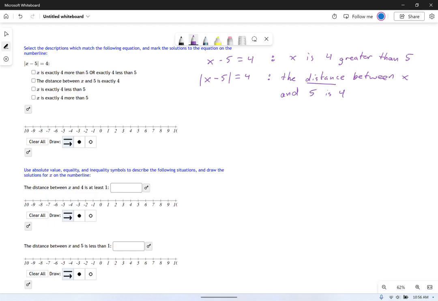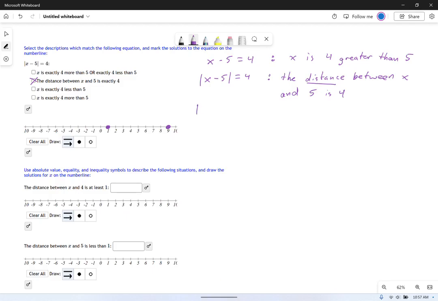We don't really know. So if I look at the number 5 right here, I say that x could be 4 more than that. Maybe x is 9. Or x could be 4 less than that. The number 1 right here. So those are my two solutions which satisfy this equation. There's the description of it. And I'm going to show you a way of solving this algebraically so you don't have to always draw number lines and spell things out.